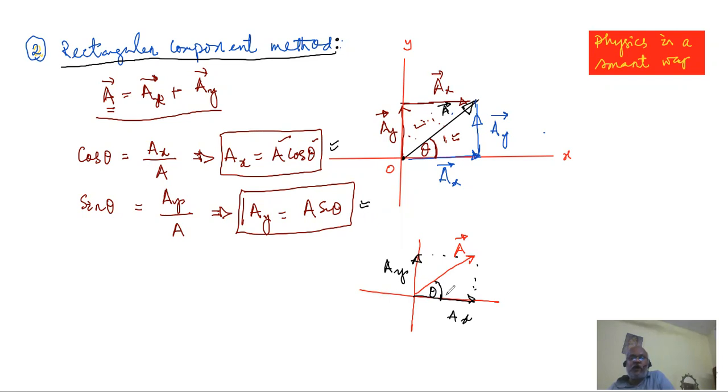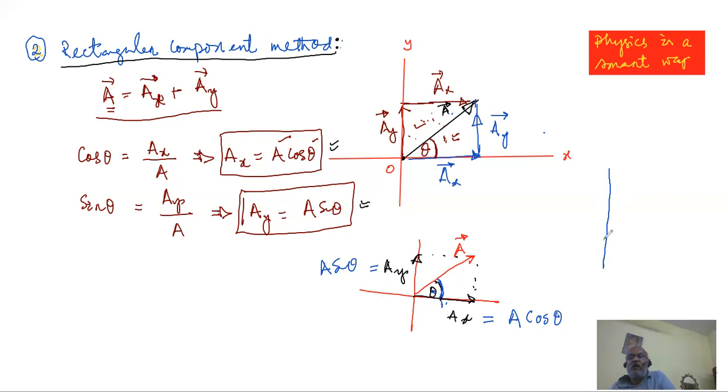So you just look at the angle. In our case, this angle is given. You see which component touches the angle. We know the x component is touching the angle. Ay is a bit away from that. The component which touches the angle will always be in the form of cos. Touch means cos, away means sin. And the component which is away from the given angle will be in the form of sin theta. Touch means cos, away means sin.